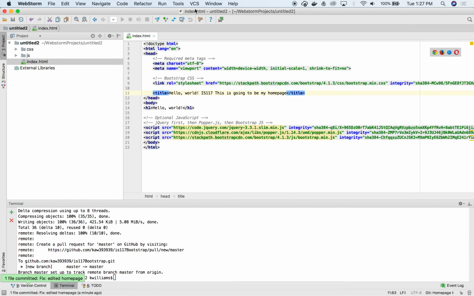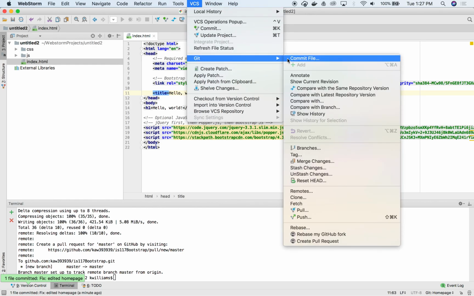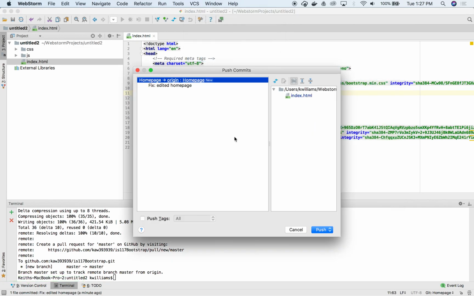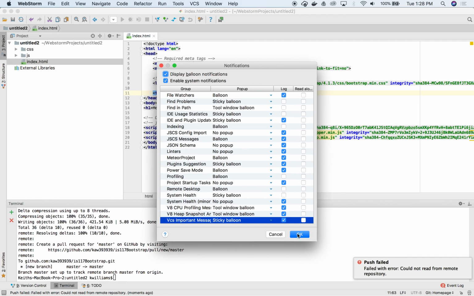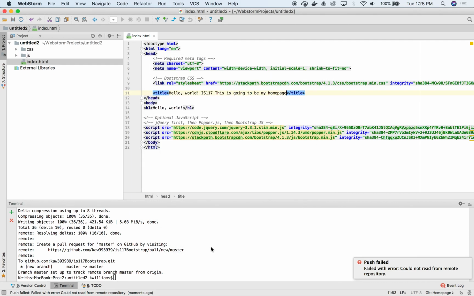What I do is I go to VCS, Git, and I'm on the homepage branch. I'm going to try to push, and we're going to try to push origin. Up here it says homepage, origin, homepage. So I'm on the homepage branch, I'm going to send to origin, there's a little arrow pointing to origin, and it's going to go to the homepage branch, and let's see if it works. Yeah, there's something. I'm going to figure out what that is, but I can do it from the command line, and